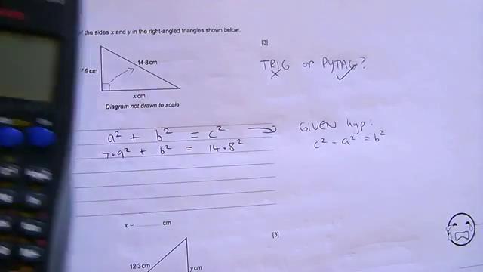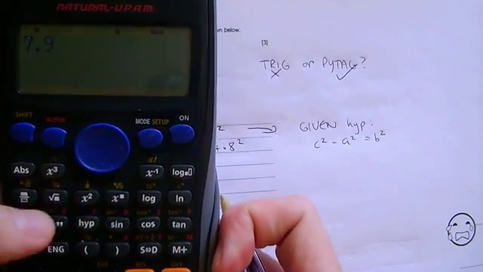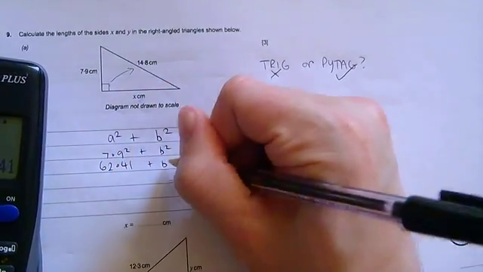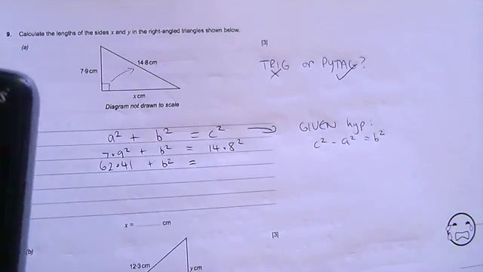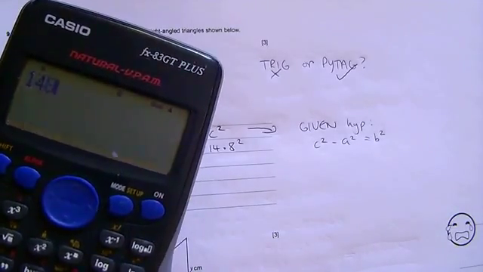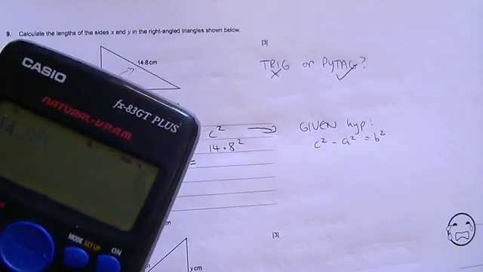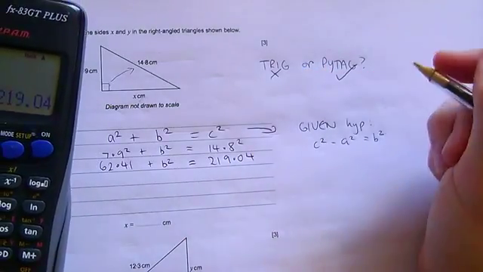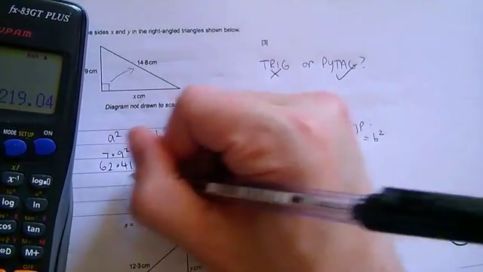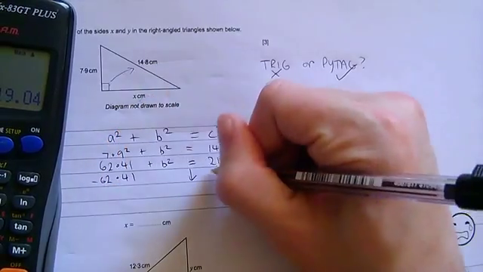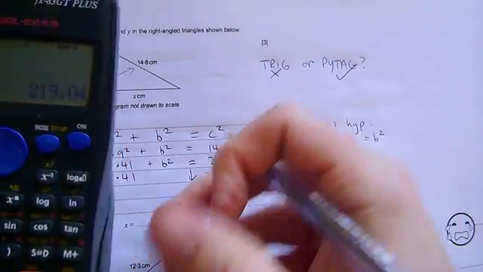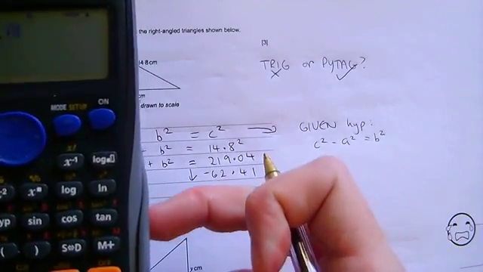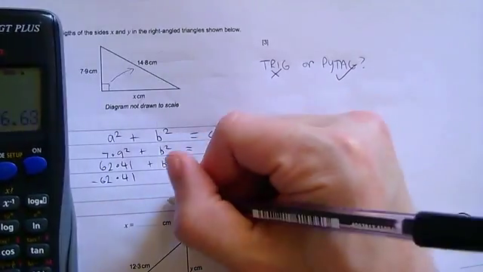I'm going to put into my calculator 7.9 squared, and that gives me 62.41 plus b squared equals, I've just left it as b squared as I don't know what that is, and then 14.8 squared gives me an answer of 219.04. Okay, I'm going to get rid of this 62.41, so I'm going to take it away from this side, which means I take it away from this side. So I put into my calculator this 219.04, take away 62.41, and that gives me an answer of b squared